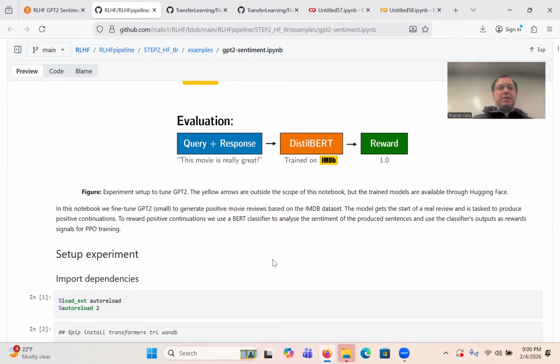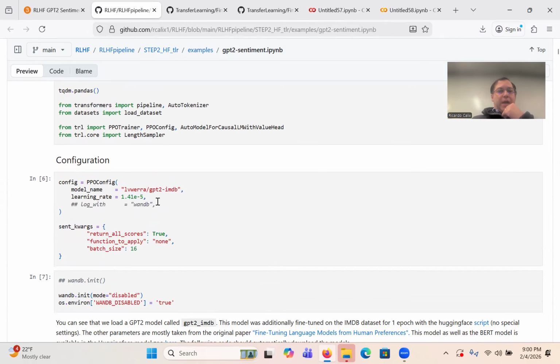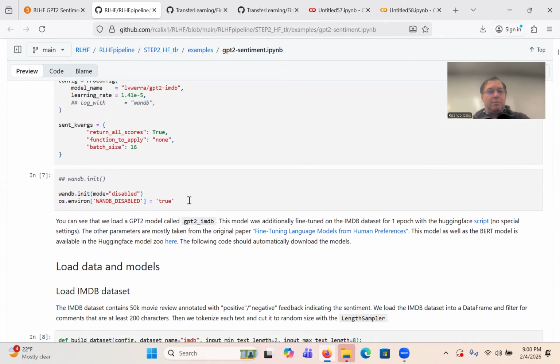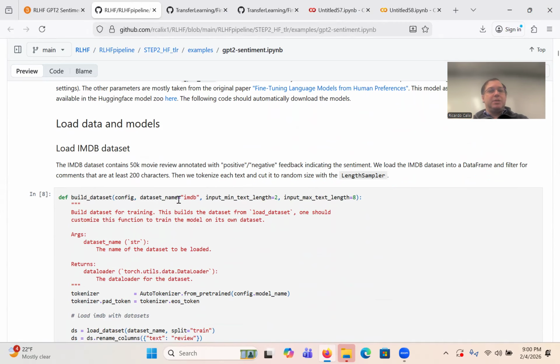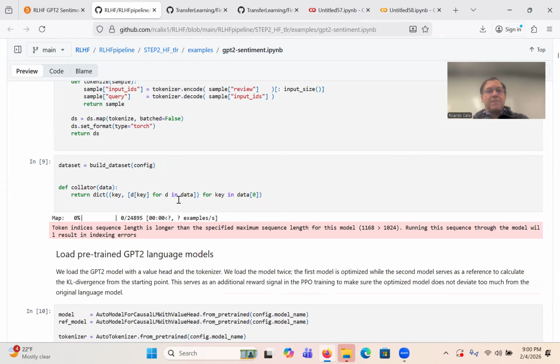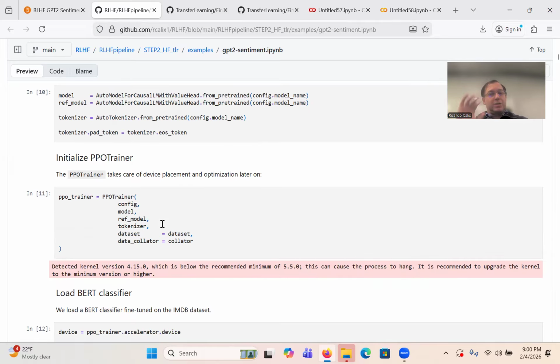Or the BERT of some kind. So this is an example of sentiment analysis. I believe this one, we can look at it. It uses a GPT-2 IMDb. Right, and then kind of the same logic. The data is IMDb for the prompts. Notice it does a model and a ref model because, like I said, it shouldn't deviate too much. So it uses the callback labeler, which we are definitely going to come back to when we do this from scratch, obviously with much smaller examples.